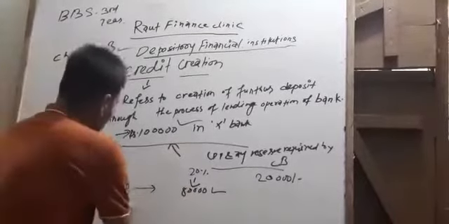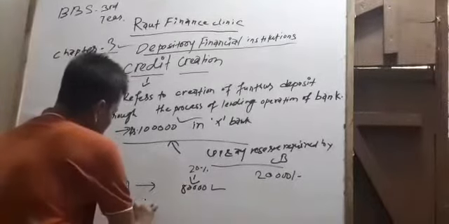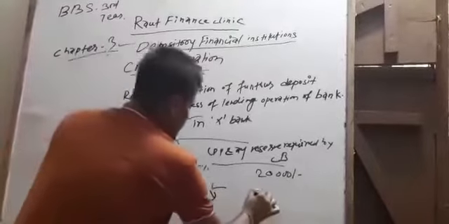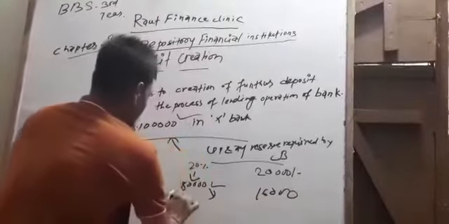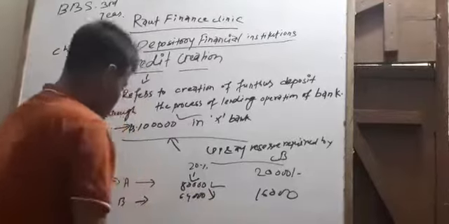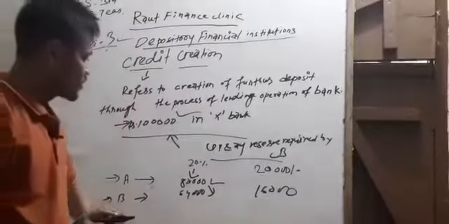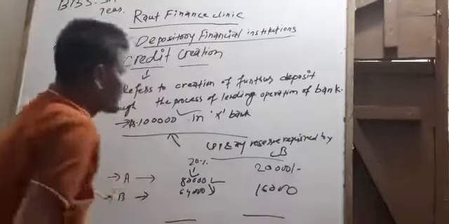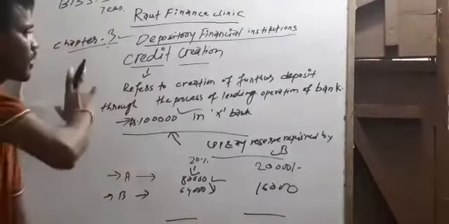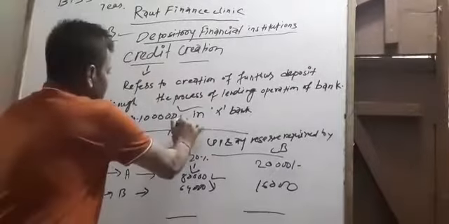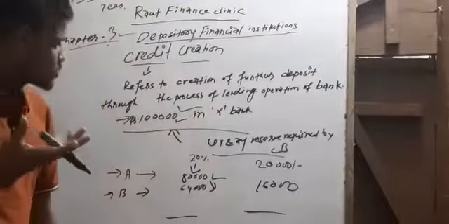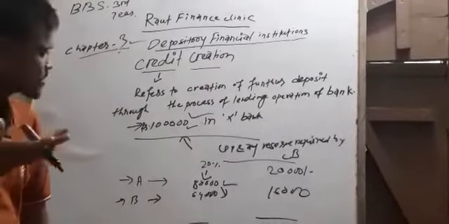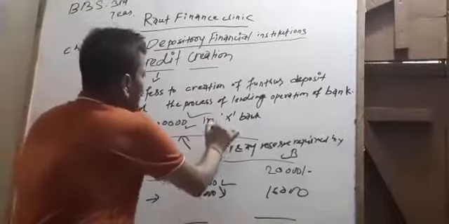In the same process B also goes for a loan. After that again 20%, 80,000 becomes 64,000. Yes, the same process continues, and in this process the bank pays for only 1 lakh rupees, that is the initial deposit. Then assume that the credit interest rate of the market is 12%, then the bank has to pay 12,000 in 1 year.